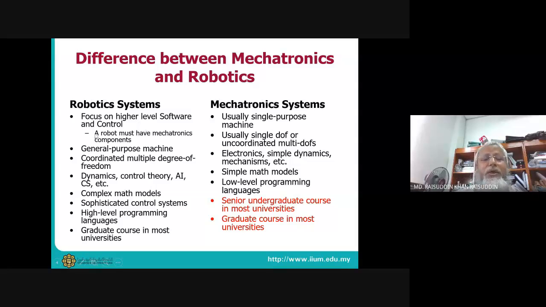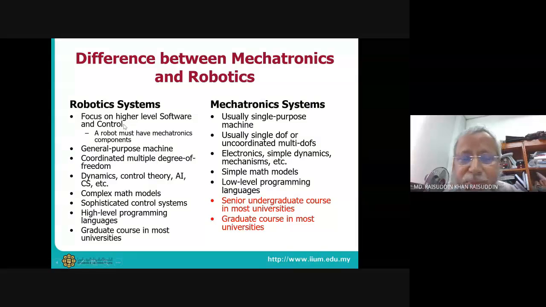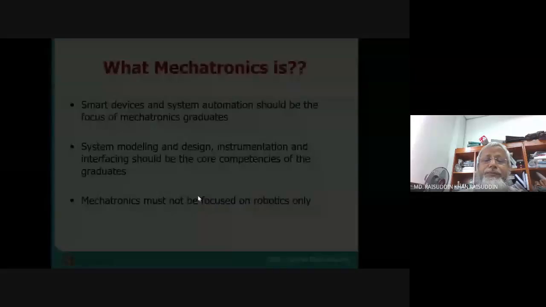But not all robotics can specifically be called mechatronics, because robotics has some social component nowadays. If you talk about software, it has a lot of software in it rather than hardware. It extracts data from the network, and accordingly it makes decisions. Those are basically the IT people's job. But making a robot which can do work successfully, that is basically mechatronics. So here you can see an exhaustive list of what is robotics and what is mechatronics.